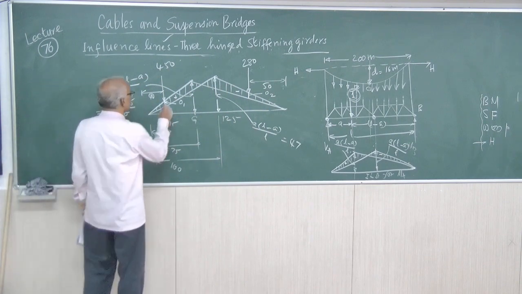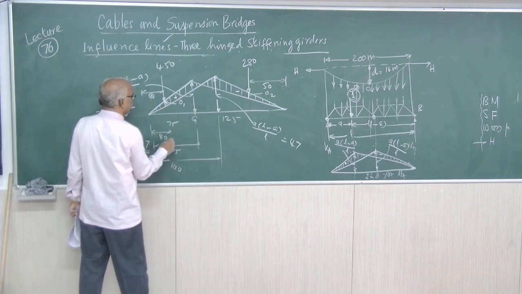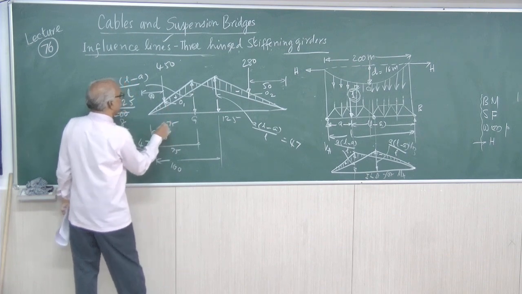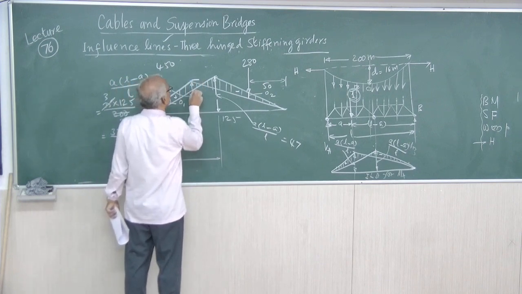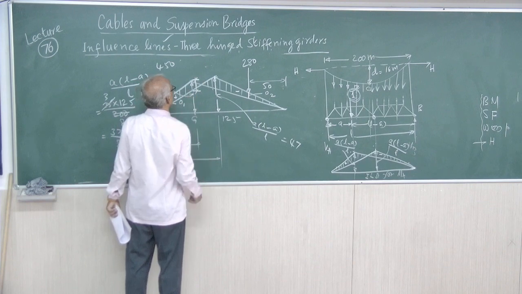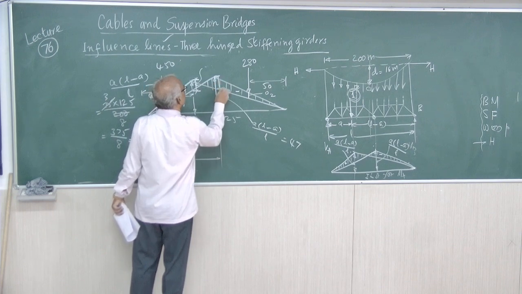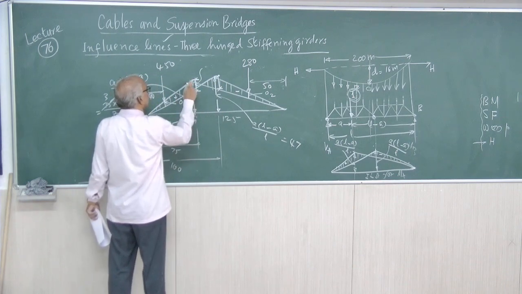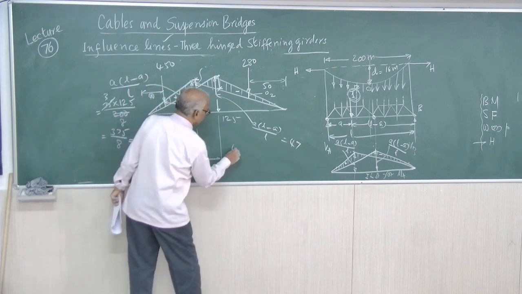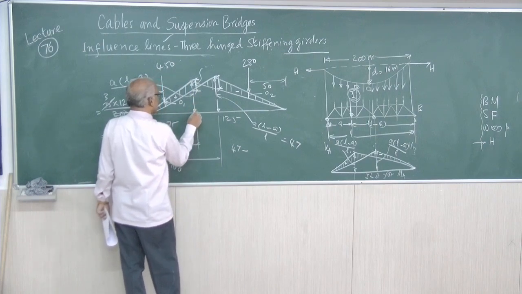How to find out the value of O1? See, the total ordinate here we will have to calculate. For that we will have to find out the net positive ordinate, and also the net negative ordinate. The net positive ordinate will be the total, 47, from here to here, minus this negative ordinate.